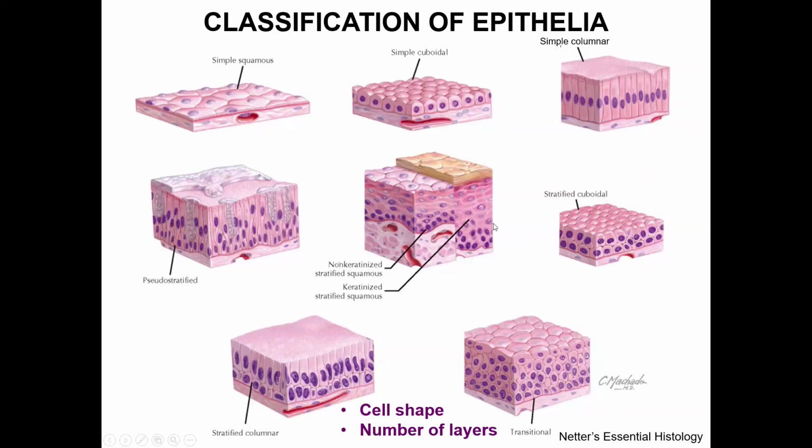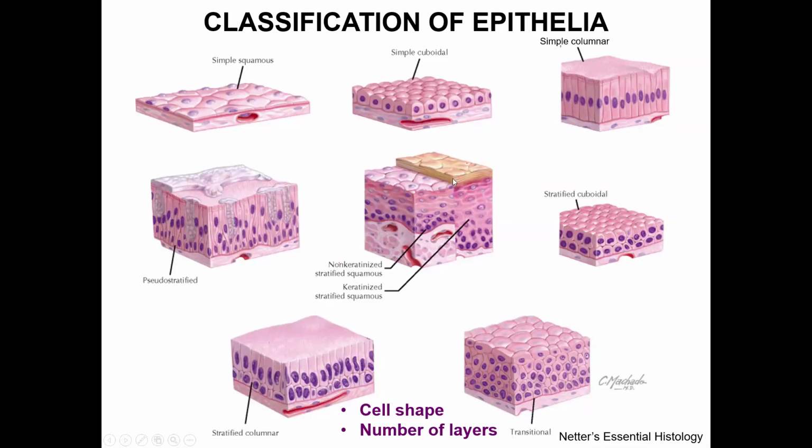In the stratified epithelia, the basal layer is attached to the basement membrane. So the epithelia are classified according to the cell shape and the number of layers. In terms of number of layers, I mentioned already that they can be simple epithelia made of one single layer of cells, or stratified epithelia. Usually it's a double epithelium that is made of two layers of cells or more layers of cells,